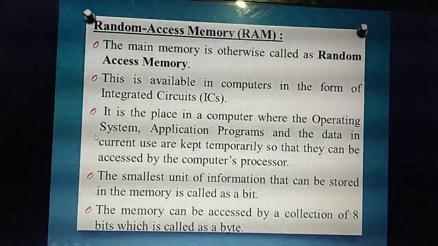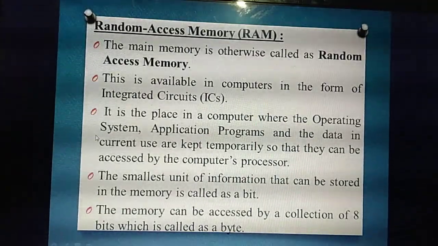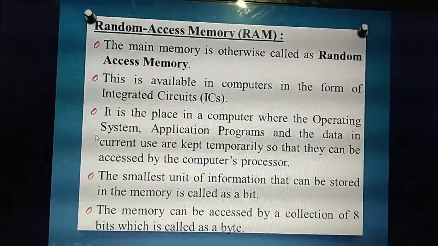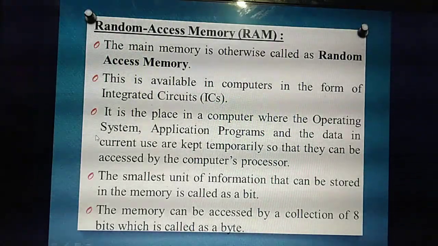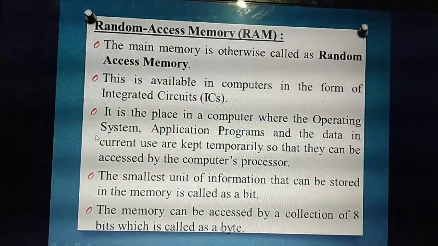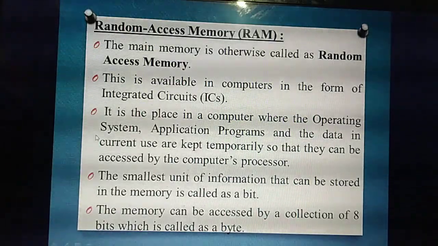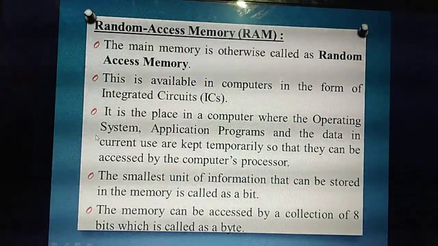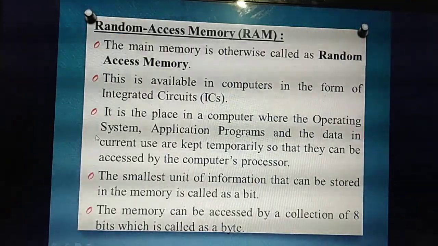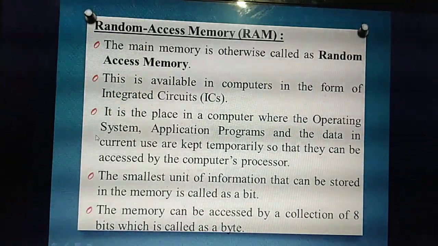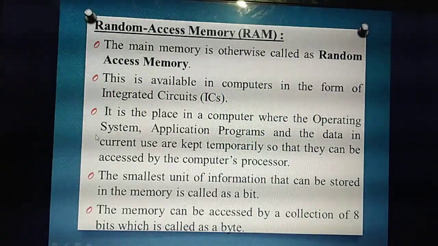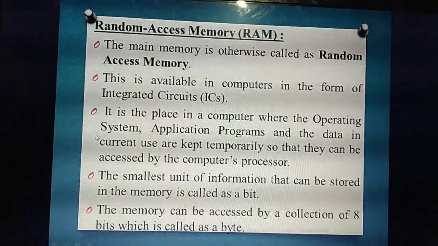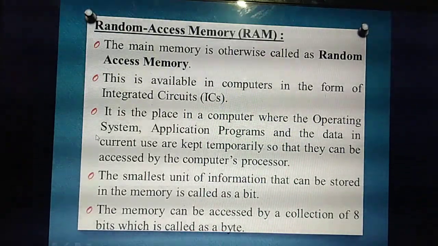For example, if you are opening the computer, you are opening a lot of applications, seeing photos and lots of things. While you are starting the computer and using those things, you are using the OS, a lot of programs, and photos, images, videos. You are not storing anything, you are simply viewing. So that is temporary storage, isn't it? All those things are accessed by whom? What are the things you are doing, and the information being processed by whom? Microprocessor, isn't it? So those things are stored in which memory?